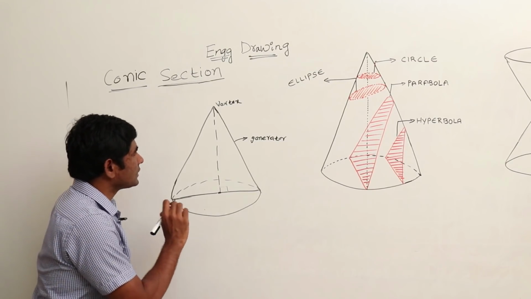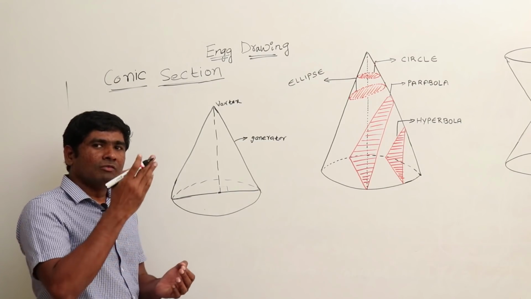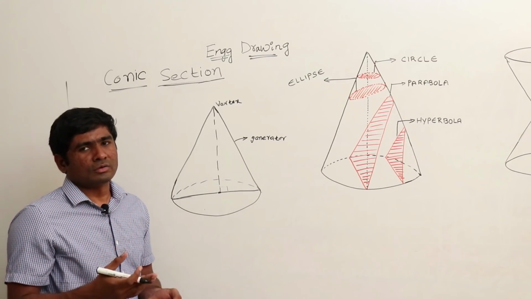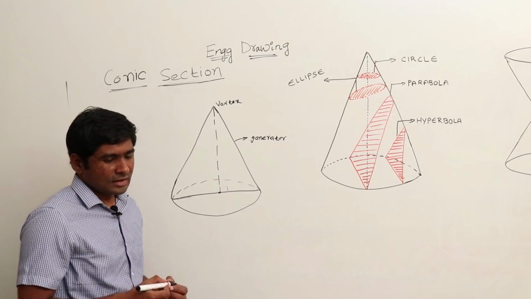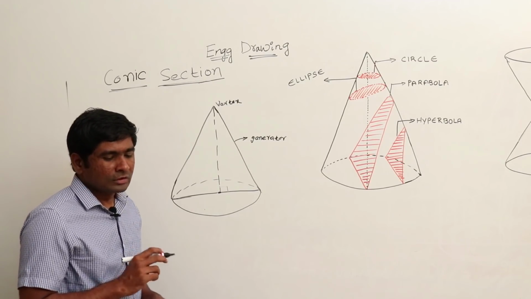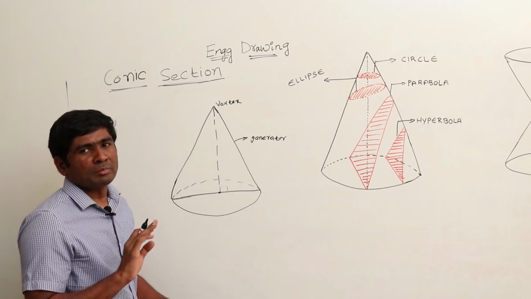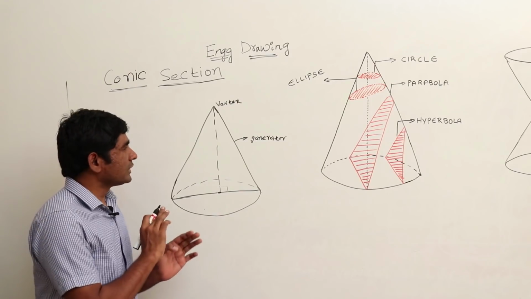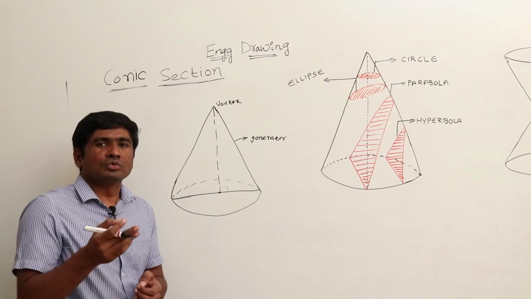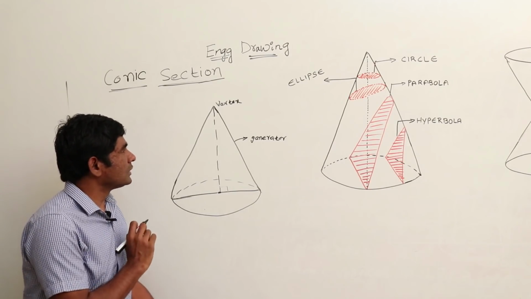So in this right circular cone, depending on our angle of the cutting plane, you will get different types of conic curves. So this is about conic curves. And before moving further into the conic curves, here I would like to spend some time on the cone itself. So how to generate a cone? Because if you observe last year, there are approximately 2 to 3 questions directly on the cone itself.